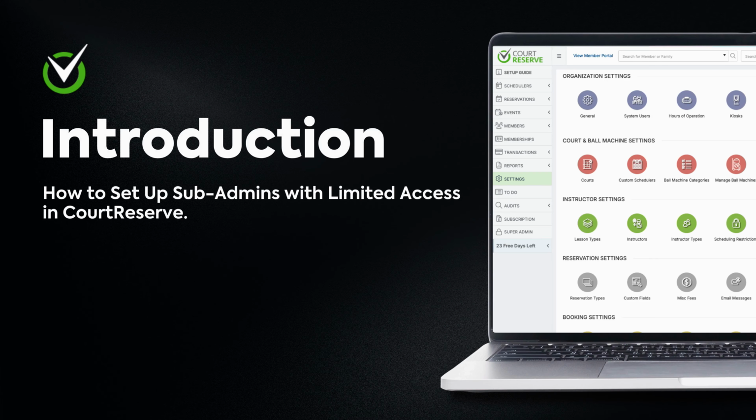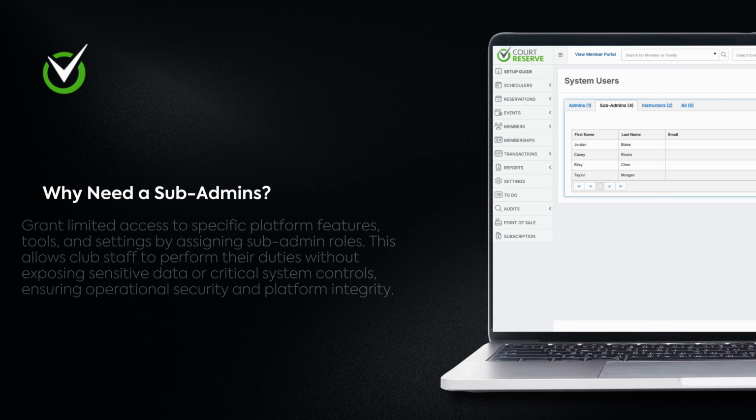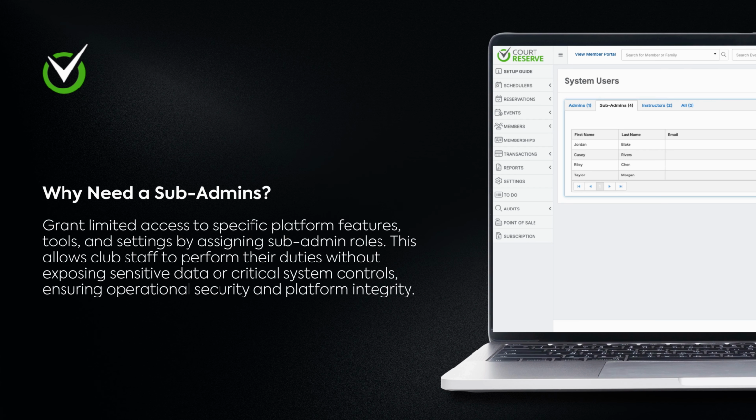Sub-admins in CourtReserve are system users with flexible, role-based permissions to control what each user can access and manage within the platform. By creating sub-admin users, you can grant limited access to specific platform features, tools, and settings by assigning role-based permissions. This allows club staff to perform their duties without exposing sensitive data or critical system controls, ensuring operational